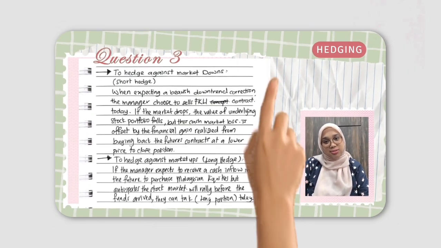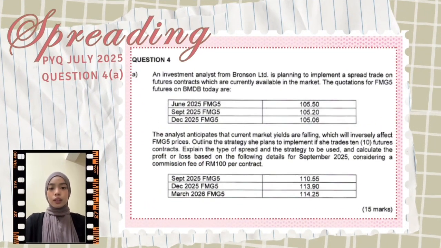That's all. Thank you. Now, let's have a look at question 4, which is a question about spreading. First, we will identify the product. Here, the product is FMG5, which is the futures product for MGS. Based on this question, this is about an intermonth spread. Before jumping into our calculation, let's keep in mind that the contract multiplier of MGS futures is 1,000 ringgit per